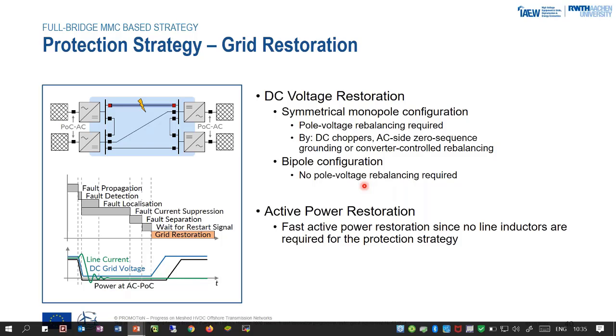And by this, we can ensure that in both symmetrical monopole as well as in bipolar systems, this grid voltage restoration can happen relatively fast, and that there are no significant overvoltages during the grid restoration. And after the grid voltage restoration, for sure, also the active power has to be restored, but this can happen